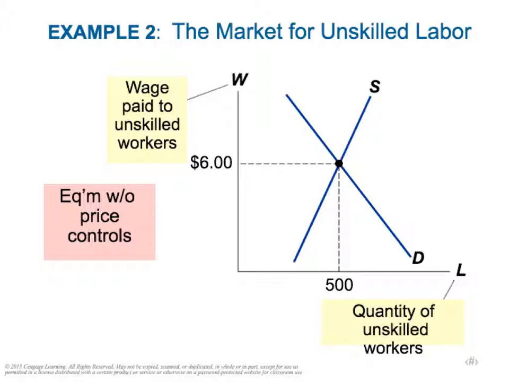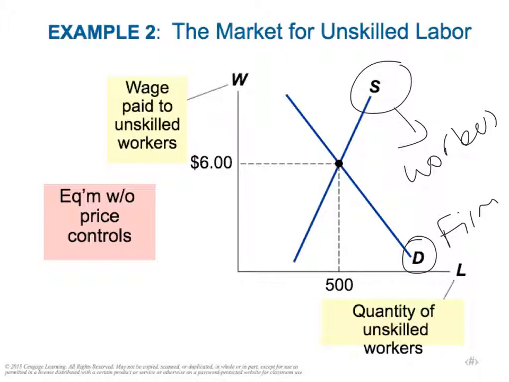So we will look at, if there is a minimum wage in the market, how this can affect the labor market. Remember the labor market. When you look at the labor market, the labor supply is the part of workers, because they supply their labor. And the demand side is the firm, so they demand labor hours. Here is price. Instead of price, we see the wage, because every labor hour costs a wage to the firm. And on the horizontal axis, you see the number of labor hours that workers want to supply based on the wage rate in the market.